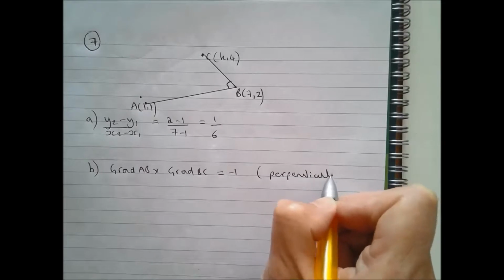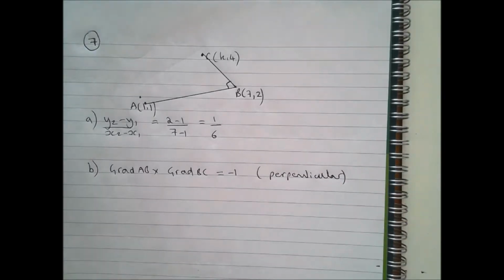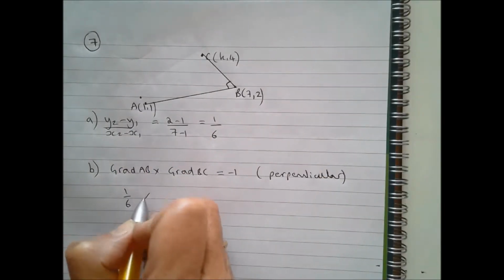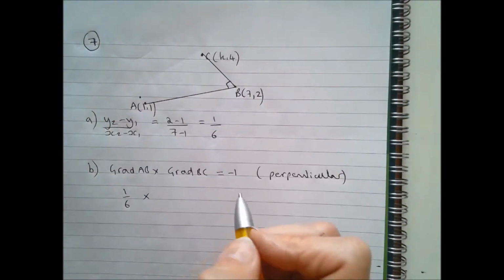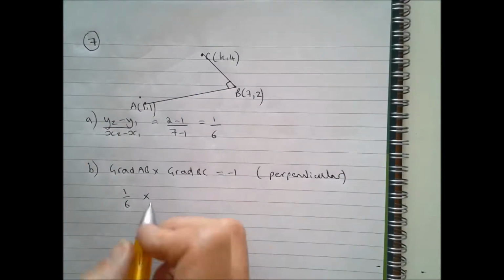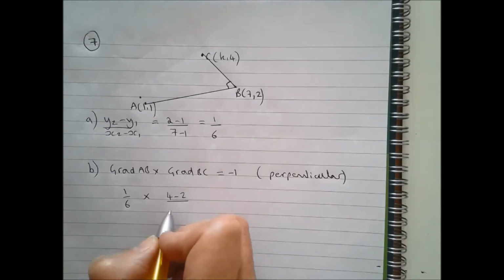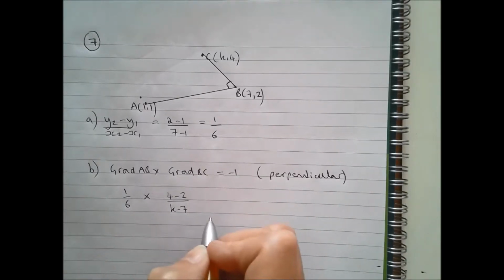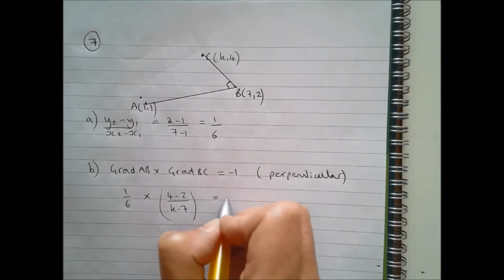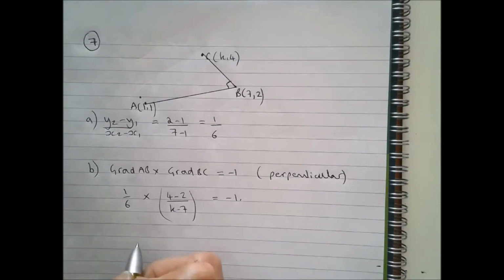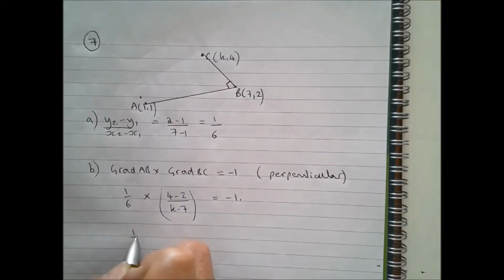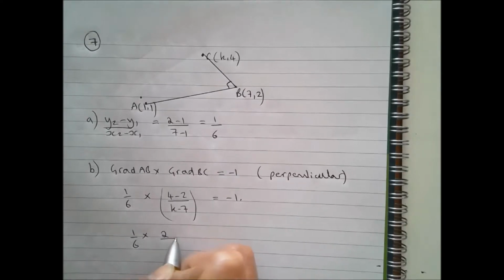How can I use that here? I can use that in fact by knowing what I've just worked out. I've worked out the gradient of AB, so that's a sixth. The gradient of BC I can do in a similar way, so I can do the difference in the y coordinates, so 4 take 2, over the difference in the x coordinates, so k take 7. That product must be equal to minus 1. Rearranging my equation, I've got a sixth times 2 over k minus 7 is minus 1,